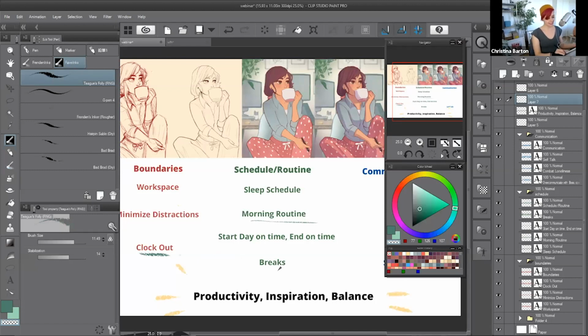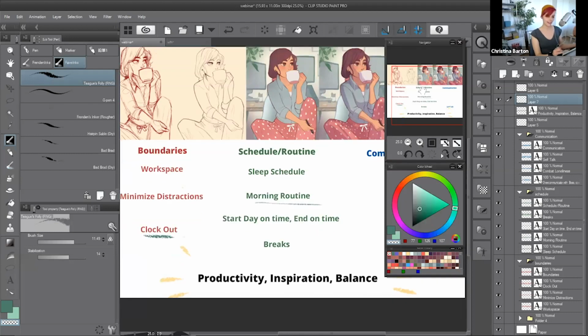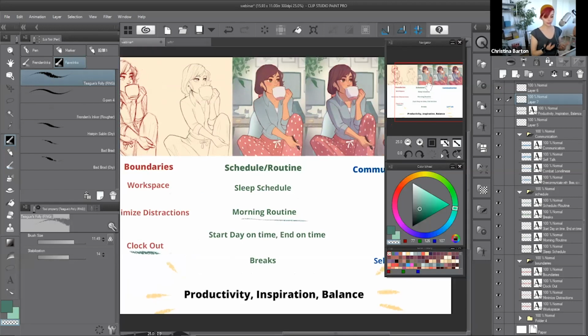And breaks. I think everyone knows this. Everyone knows we should take breaks from drawing, otherwise you'll get wrist injuries like I do. I actually have just recovered from one. I had one last week. My wrist was giving me problems because I was drawing and not taking any breaks. This is a lot of talking, but I'm trying to get through all this stuff. But breaks are very important, even if they're little breaks, to just stretch your wrists, or again, maybe go on a walk, because a lot of the inspiration